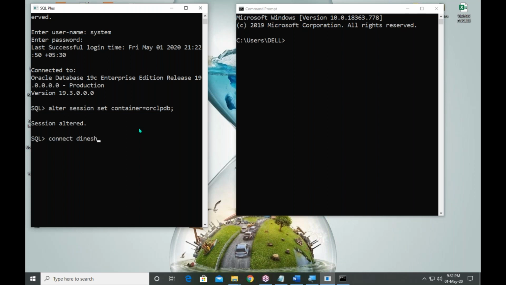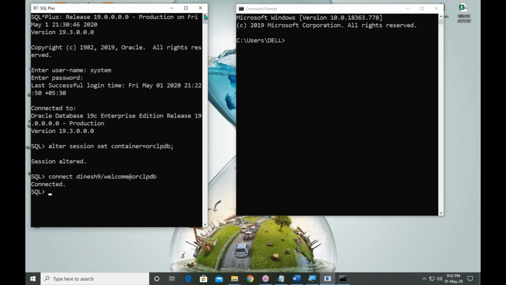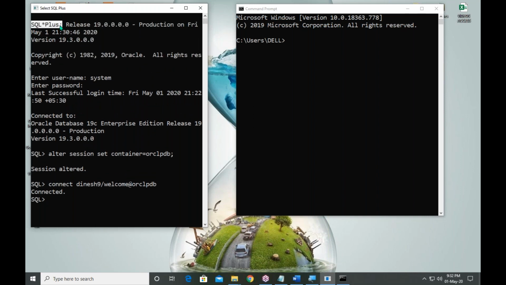What is the developer name? Dinesh9, password welcome @ORCLPDB. Connected. Three steps. If you are connecting through SQL Star Plus, you should follow three steps every time in your local system.